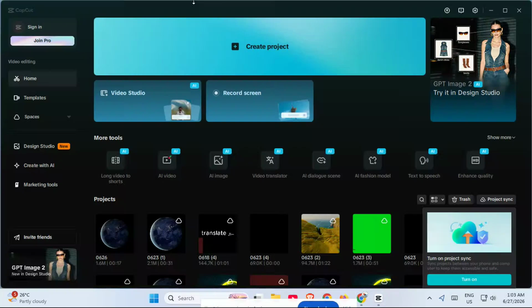If you want to learn how to use the CapCut QR code for login on your PC, you're in the right place. In this quick tutorial, I'll walk you through the exact steps so you can sign in faster without typing your account details manually. This is especially useful if you already have CapCut on your phone and want an easy way to connect your